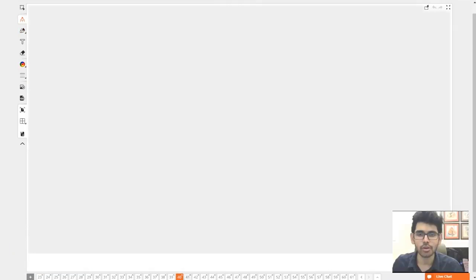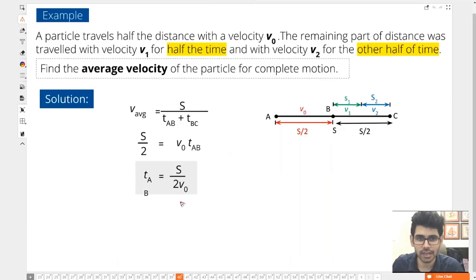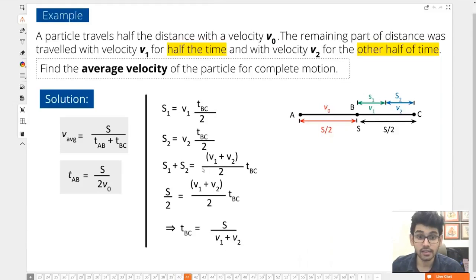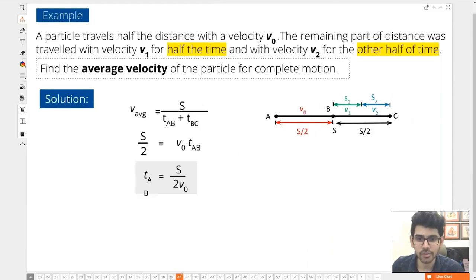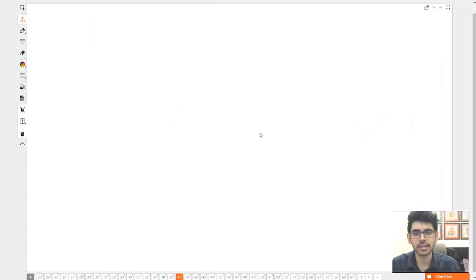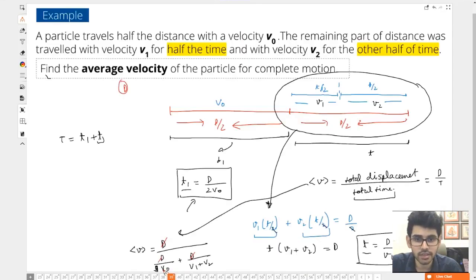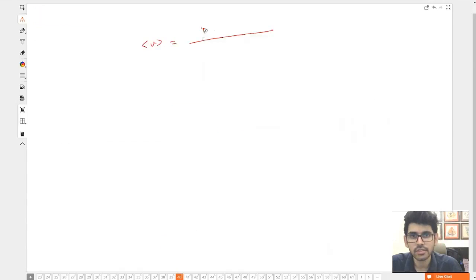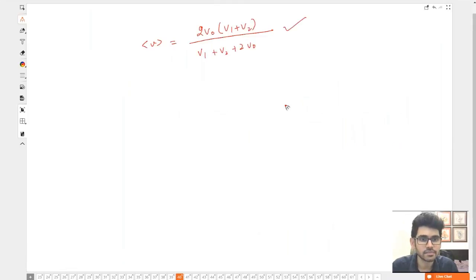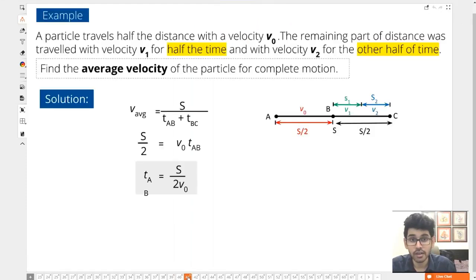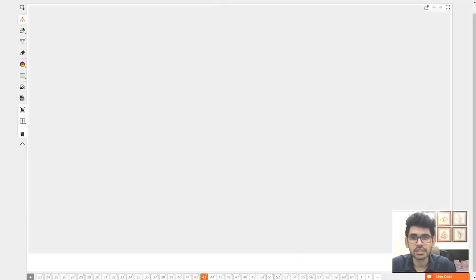Formal notes have been given to you. So here you first found out the value of T_AB. Similarly, you can find out the value for this thing. Let's simplify it and see what we get. Are we getting the same answer? V is equal to, under root of, so here multiplication, so this will be 2 v naught into v1 plus v2. Did everybody understand this? Easy, right? It's a simple formula. Chalo, great. Now let's move on. Perfect. So this is the solution for that.